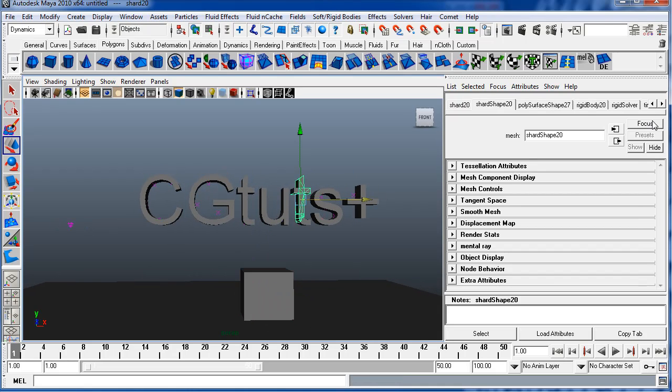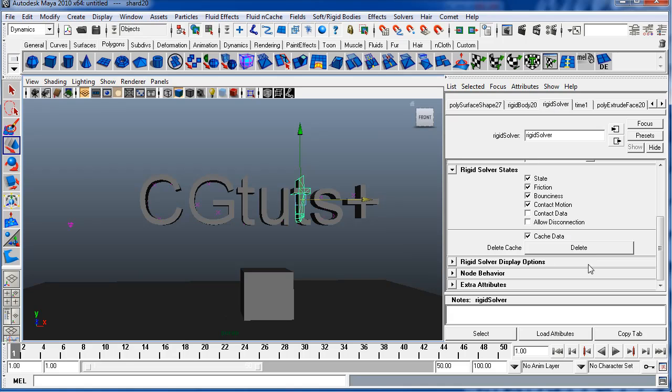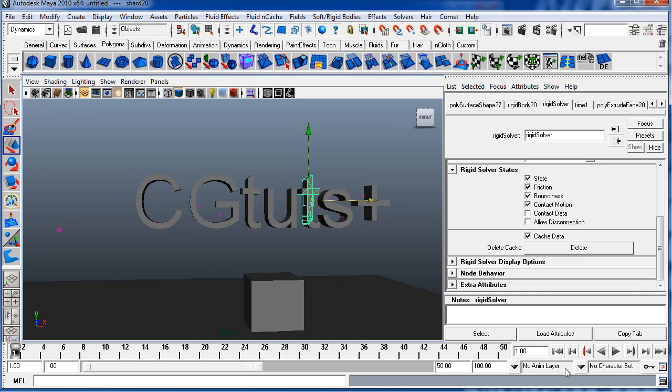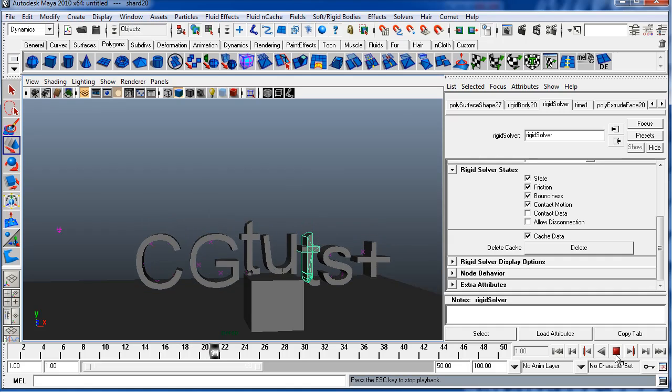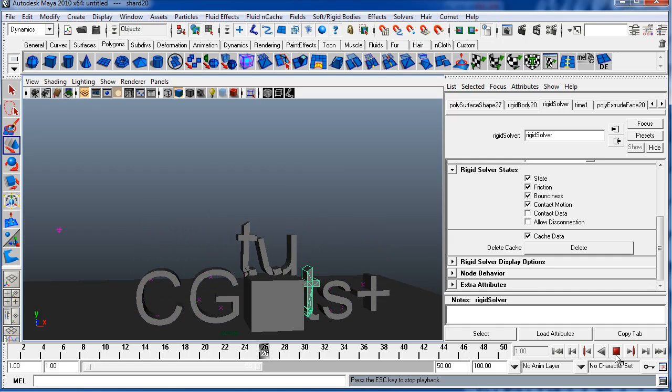And Control A moves you to the attribute editor, and then let's go into the rigid solver node, delete the cache, and play it. And now you should see that it actually hits the box and it breaks up some of them,